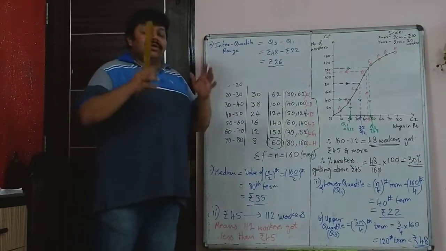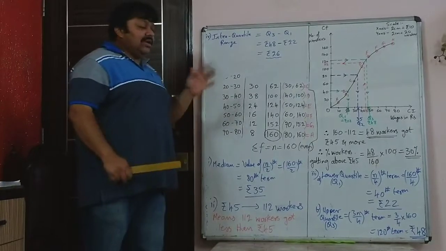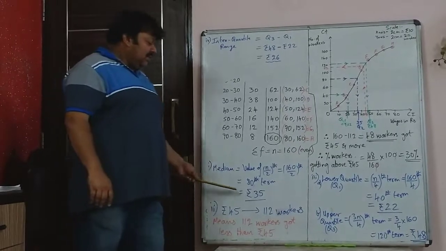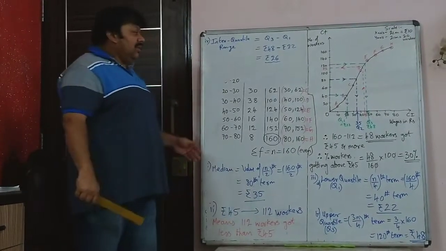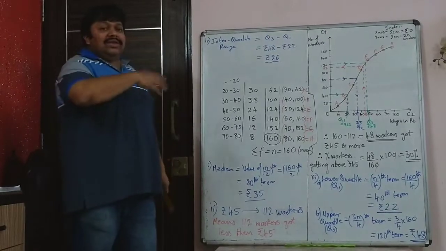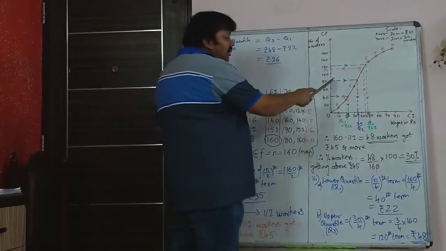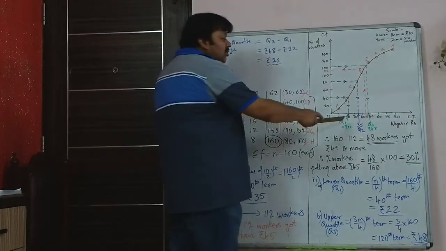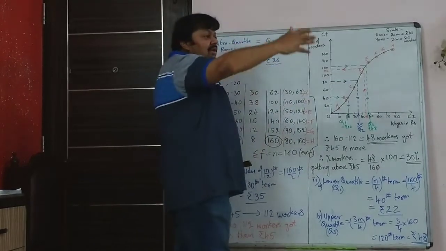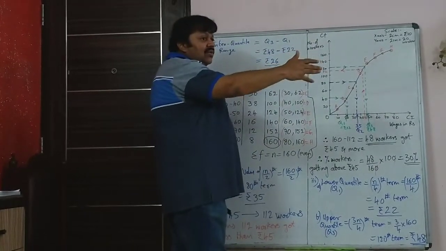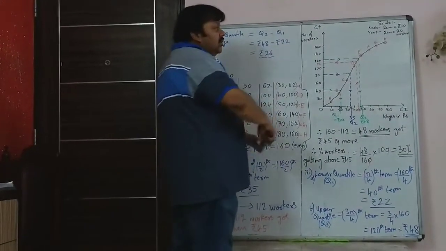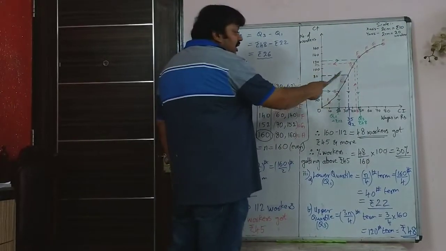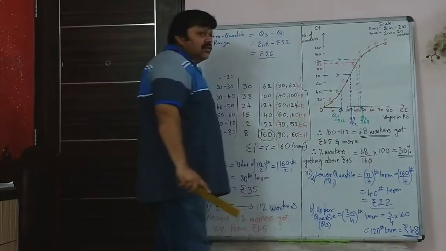So this is a typical graph, and generally not more than 3 questions are asked on it. One question obviously asked is to find the median. What does the median denote? The middle, at the center of all the 160 workers. What is the value of the 80th worker's wage? We are told about the wages of workers: the least paid, the middle paid, average paid, and the highest paid. When you have arranged them in ascending order, the 80th worker, who is at the middle, is getting 35 rupees.